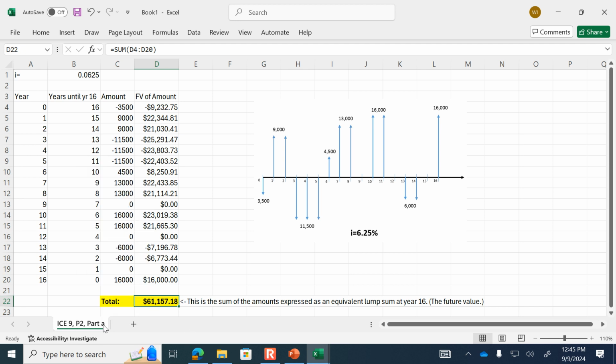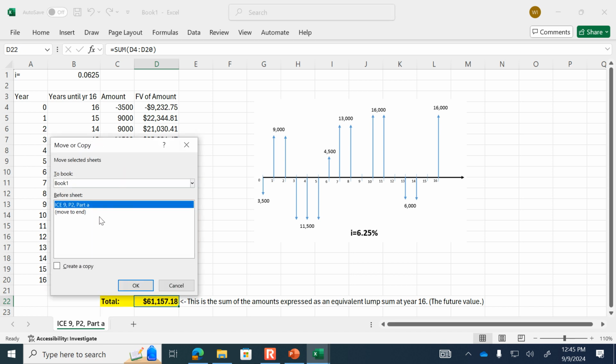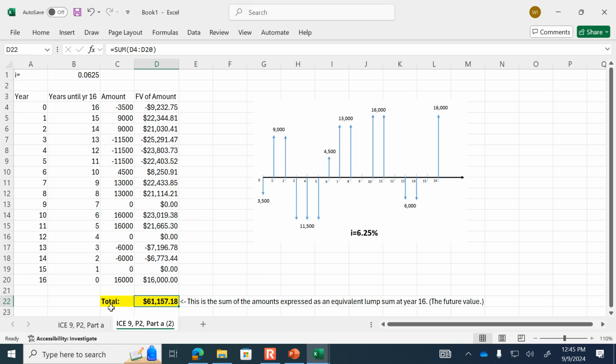Watch this. If you right-click on the tab and move or copy, let's create a copy and move it to the end. So now, you see here is an exact duplicate, but I'm just going to rename this one part B,